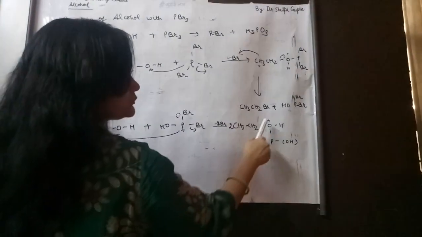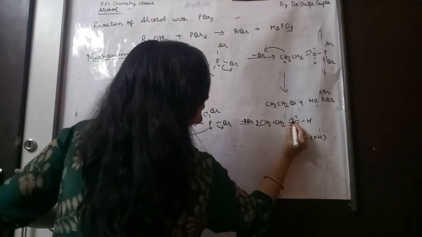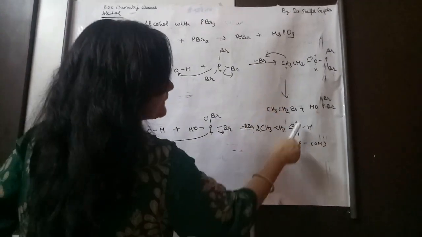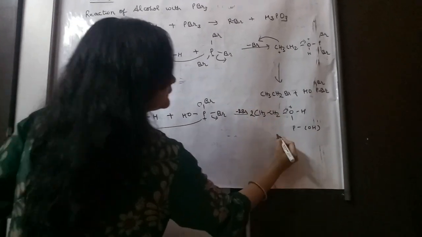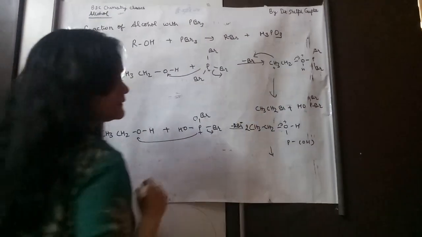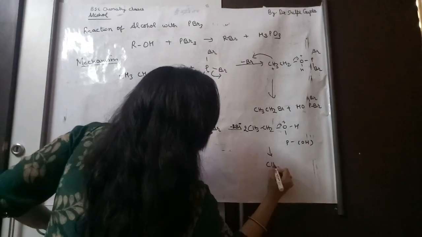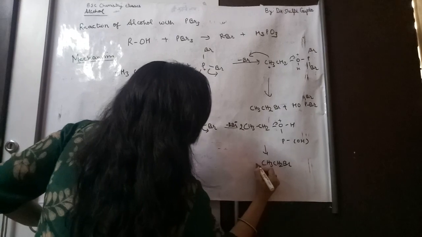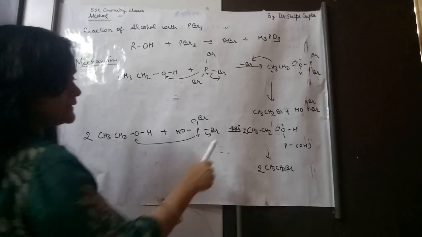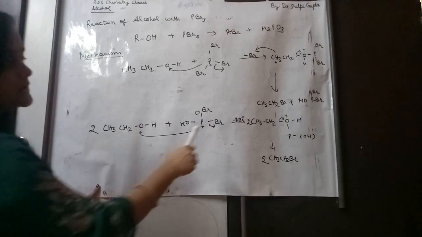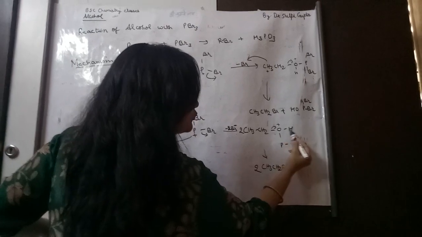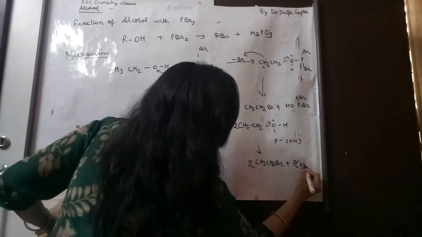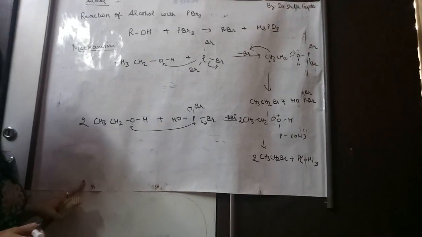Now what will happen? This P has joined with the O, so O will get positive charge. So it will take the bond from here. Again the same thing happens. It will take the bond from here. These will get free, this alkyl group. So it will join here with the bromine. Br. Okay. When it joins Br, then what will form is CH3CH2Br. There are 2 molecules of CH3CH2Br because we have taken 2 molecules of alcohol and 2 Br have been removed. Okay. Now what is formed is P(OH)3 and 2 molecules here. So P(OH)3. So this is the reaction.